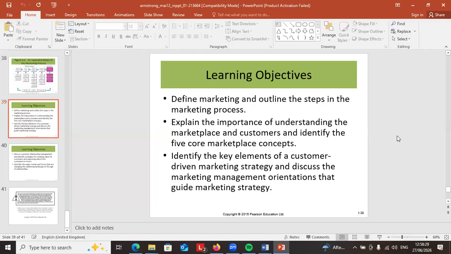But it doesn't end there. As we create the goods and services in the form of value, we also capture value in return from society, customers, etc., in the form of profits. Because you cannot be creating goods and services without thinking about cost implications and other things. That's why I'm saying that this definition is not wholly consistent with the definition of marketing.